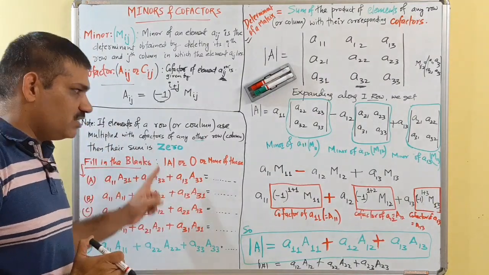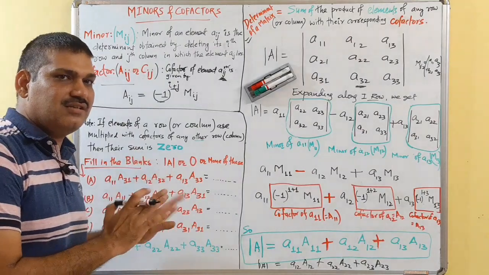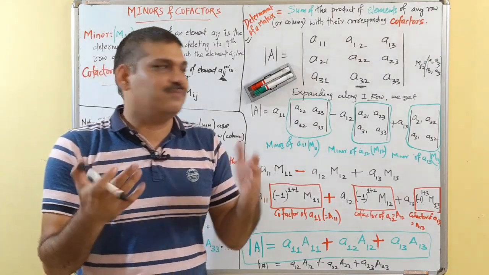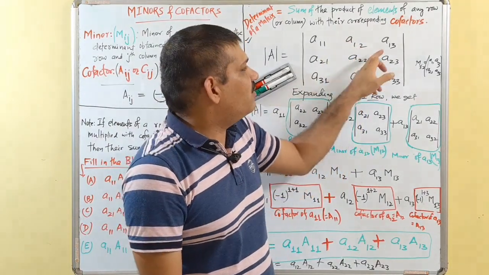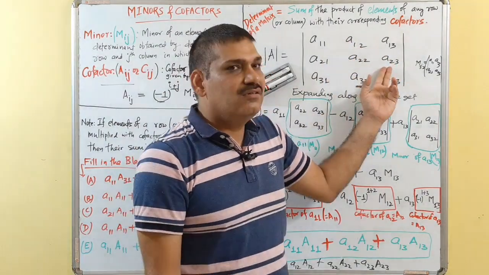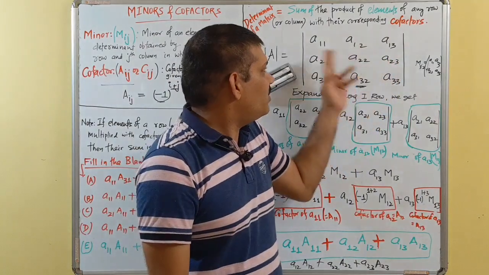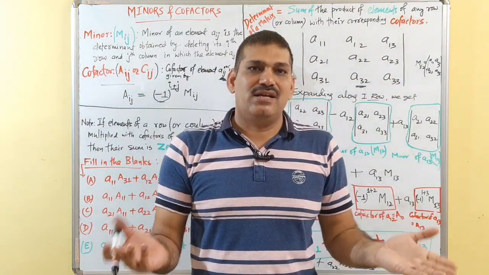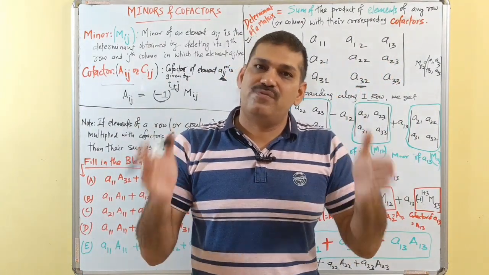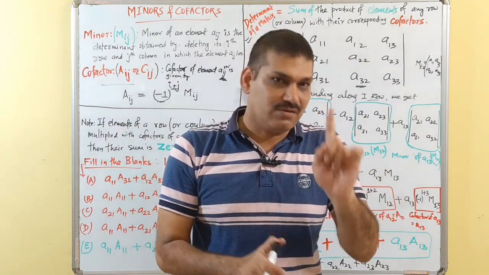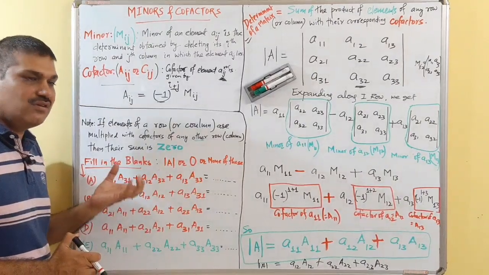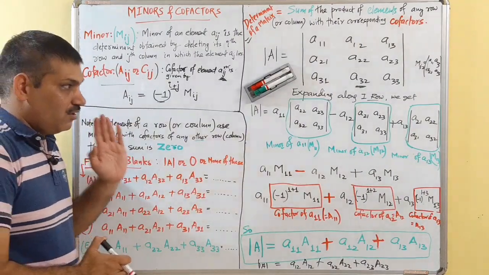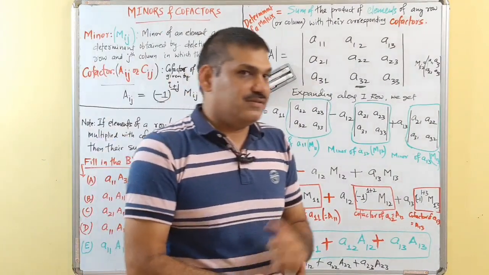We have to understand this, that's why we are discussing it like this, otherwise the numerical questions are very simple. Suppose I am given a matrix or determinant and I am to find the minor of an element: I'll delete its row and column, and the remaining determinant is the minor. That is exercise 4.4, the end of the exercise. But one question we are to specifically discuss, that is the last MCQ type question. Well, let's first try to understand it.